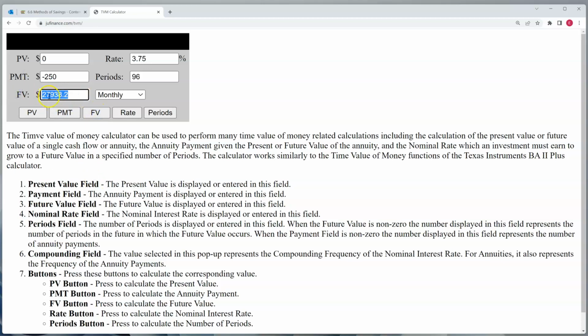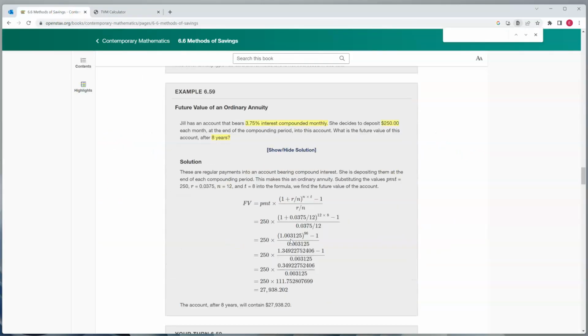She should have $27,938.20. And that's exactly what we're going to get by doing that formula, because what's happening is every month she's going to add $250 into this account. Well, that $250 that first month is going to get interest, and then it's going to get interest every month. It's called the snowball effect. So every little bit of interest is then going to gain interest until it snowballs from $250 a month, that after 8 years, she's accumulated